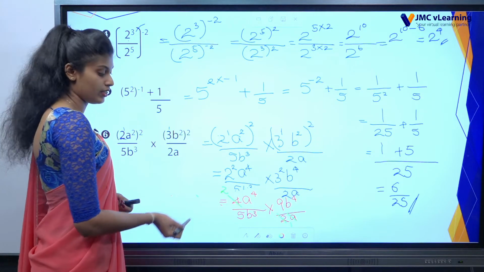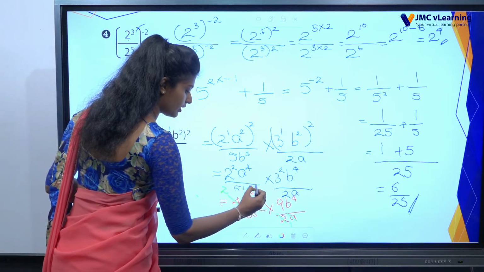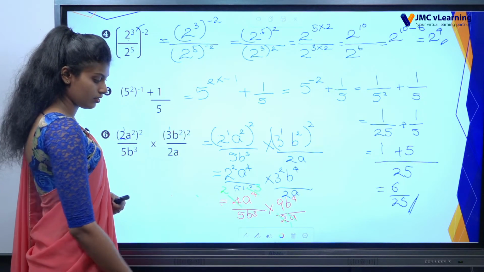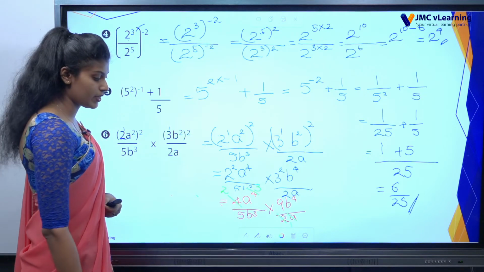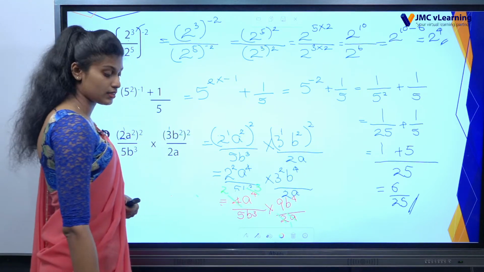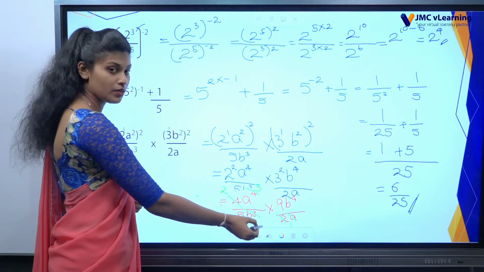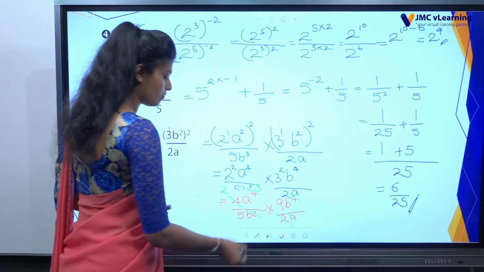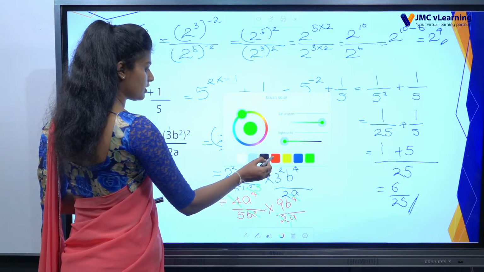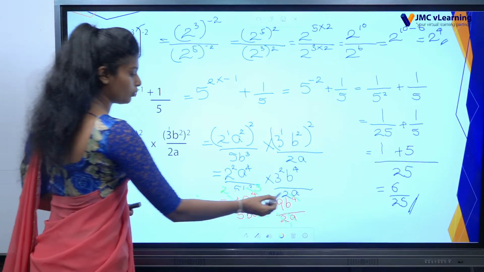When you cut here only 1 a, left only 3. Then here 3 b's are there above 4 b's. Then here let's cut 3 b's. Then when you cut 3 b's there only left 1 b. Then what is the answer? Here 2